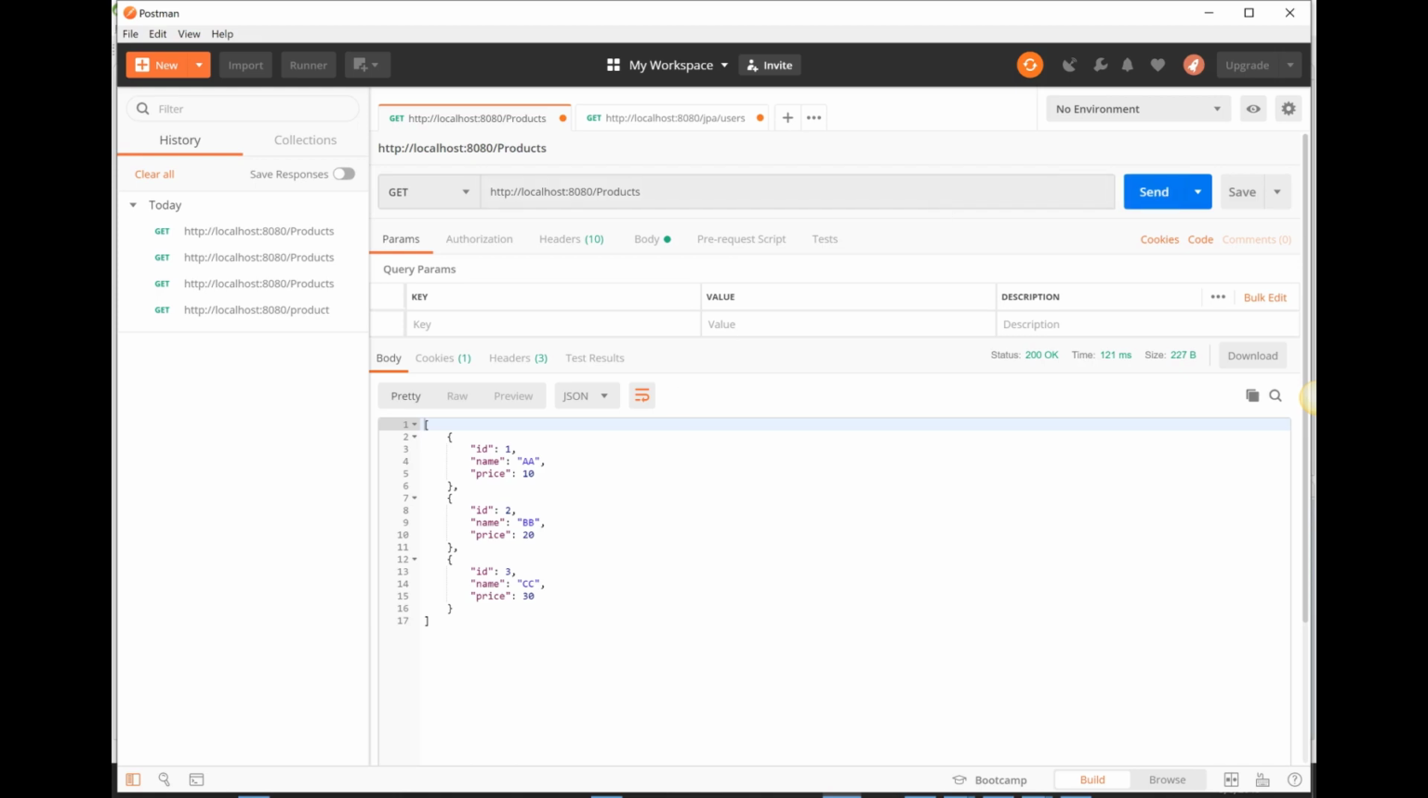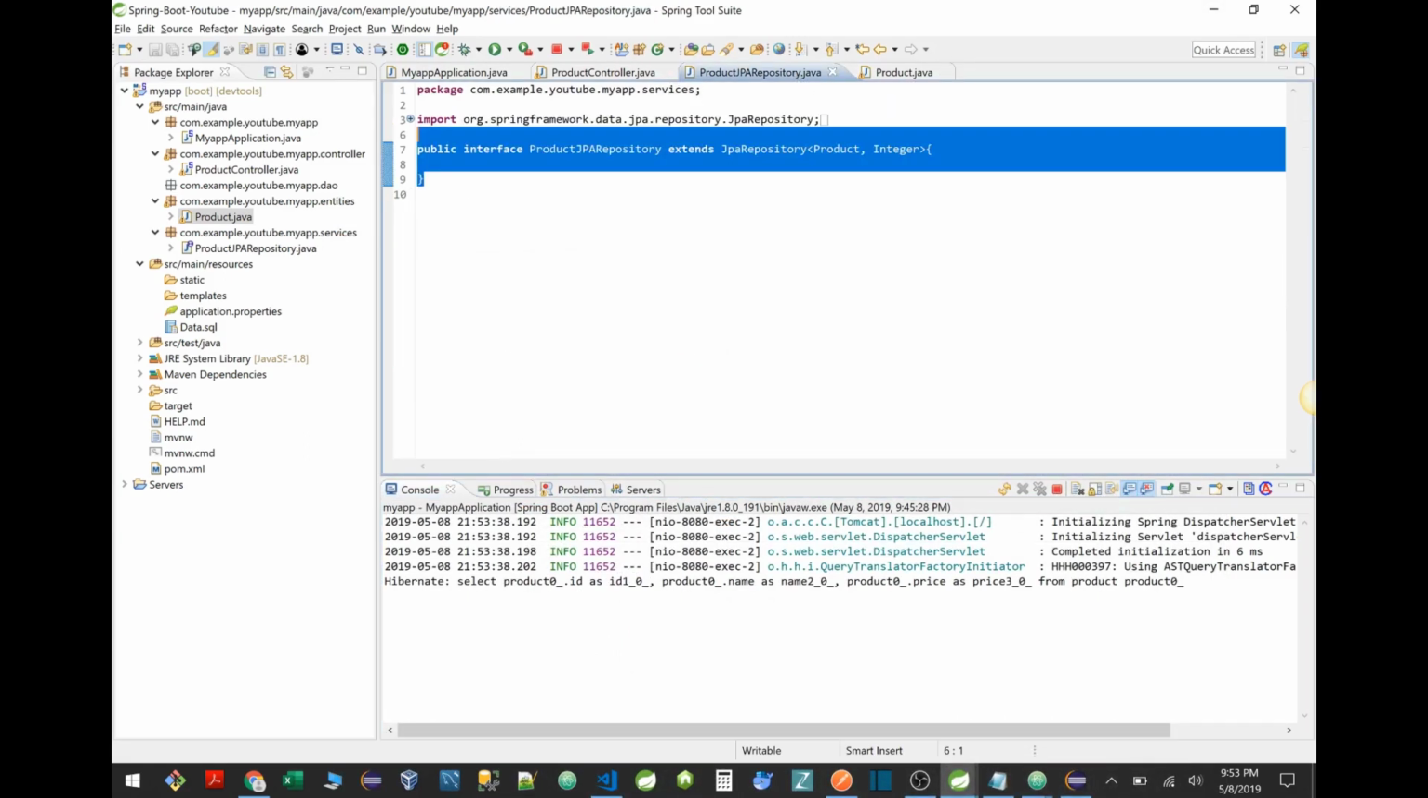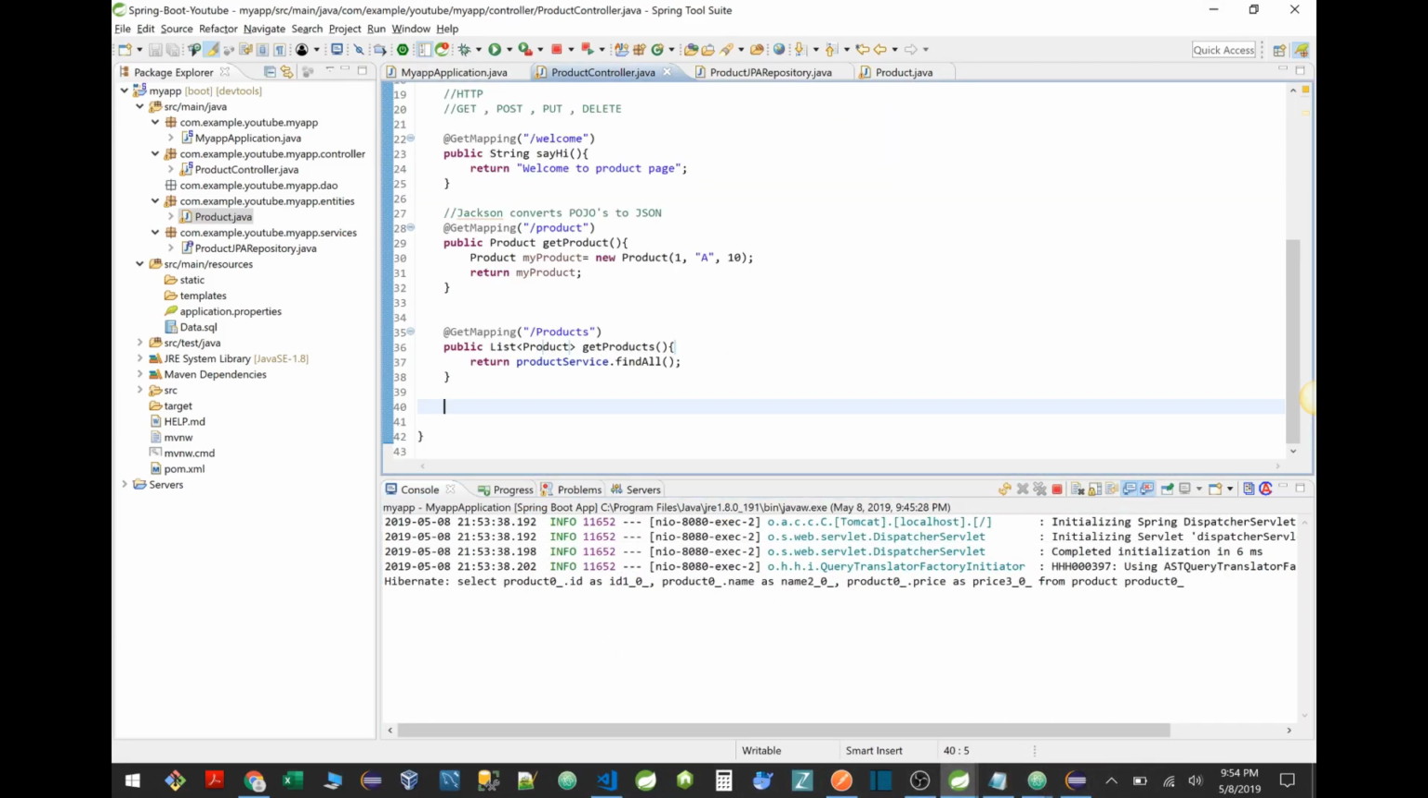Perfect. We just got a response, and now we are reading data, as you can see, from the database. It's coming AA, BB, CC. That's all it takes to retrieve information from a database using Spring Boot. I'm going to add one more piece here called get mapping. And in this get mapping, I'm going to say, okay, go to